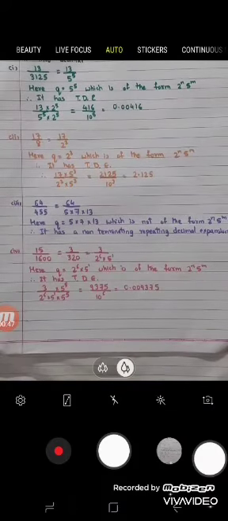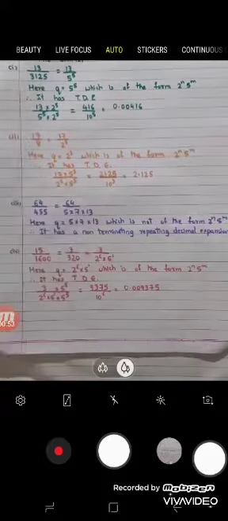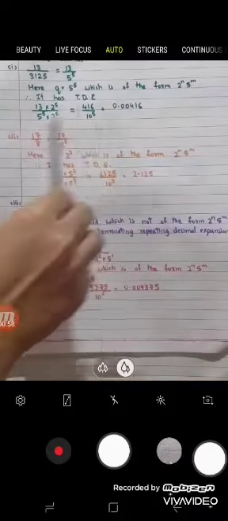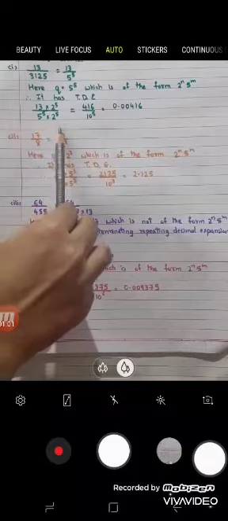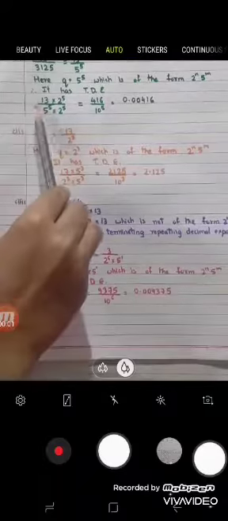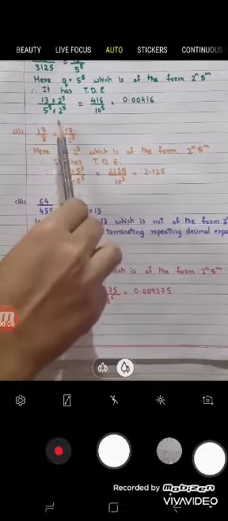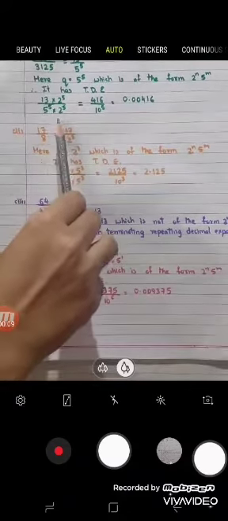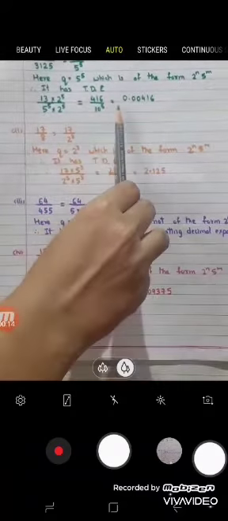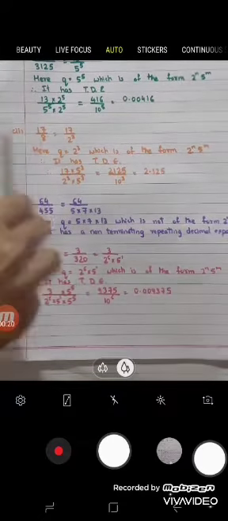Now if it has terminating decimal expansion, then we have to convert it into decimal. Here we can see 5 raised to 5. If we multiply by 2 raised to 5, then 5 into 2 is 10, so it will become 10 raised to 5. So we will multiply the denominator as well as the numerator by 2 raised to 5. Now 13 multiplied by 2 raised to 5 is 416 upon 5 raised to 5 multiplied by 2 raised to 5. 5 into 2 is 10, so it will be 10 raised to 5. 416 upon 10 raised to 5 is equal to 0.00416.